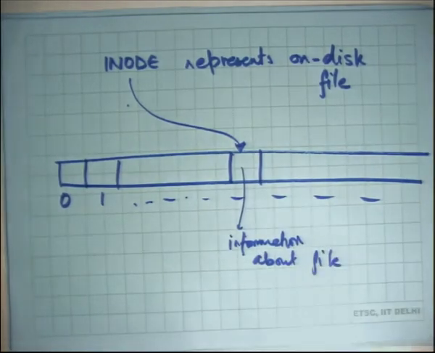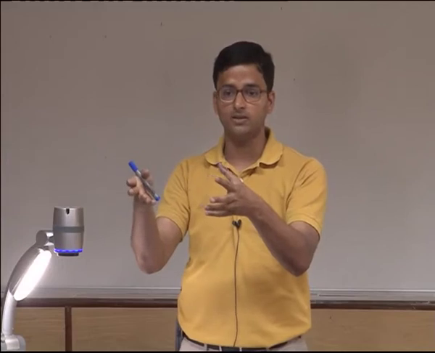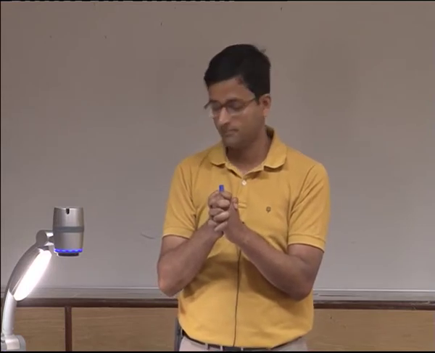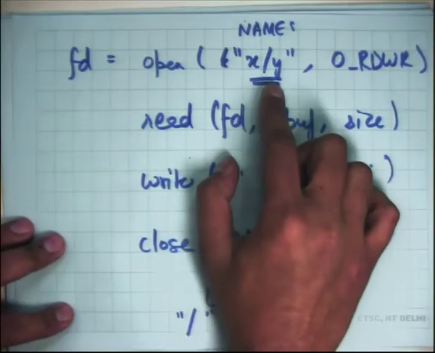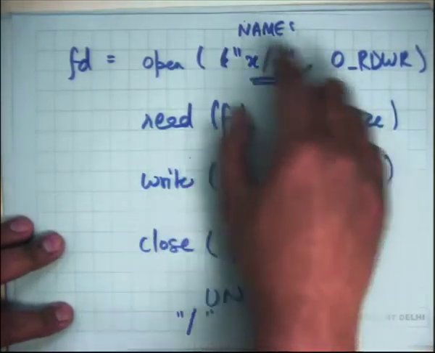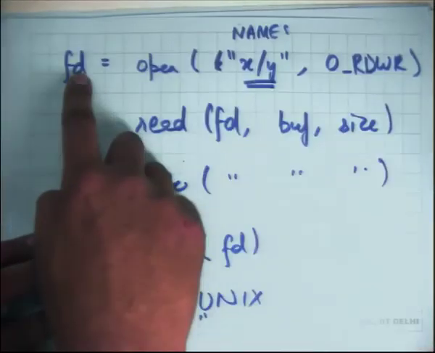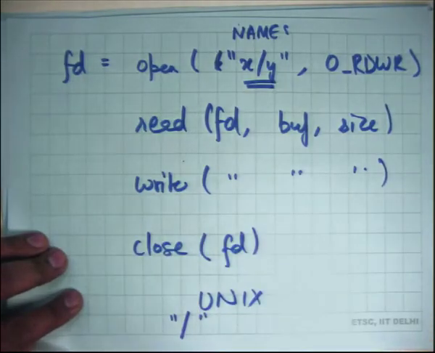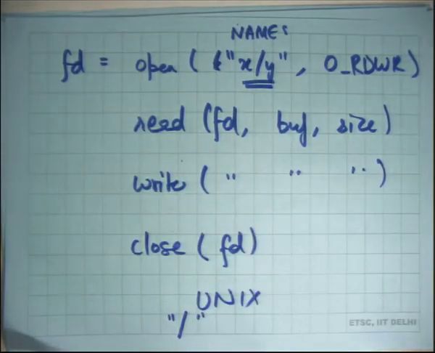So Unix refers to a file by its inode and not by its path name. A path name translates the name into its inode, and from there on it's an inode that's important. Inode is the on disk block that contains information about that file. So for example, when you do fd is equal to open some name and some permissions, it will obtain the mapping from this name to this inode and then store a mapping internally between fd and the corresponding inode number. And then when you call read, it's just going to look at that inode and do the operation based on that.